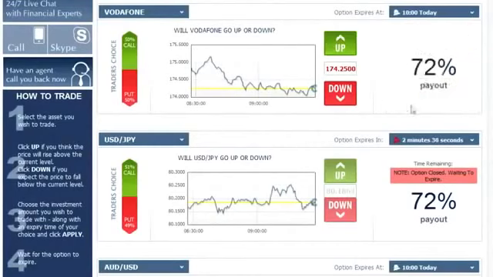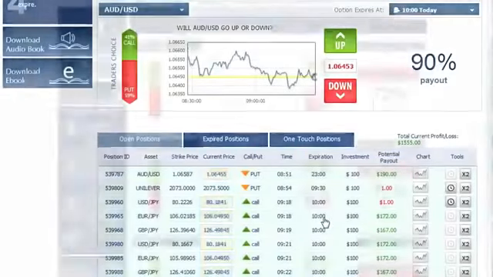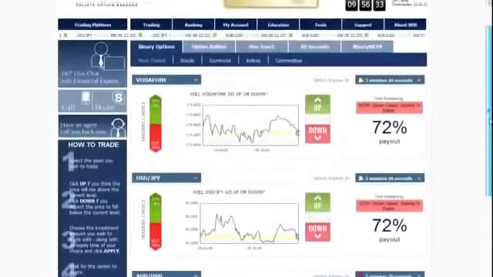So by now I've opened in total 7 positions. I followed the significant trends shown by the graphs. Right here we can see all of our open positions. We can also see that they're going to expire at 10 o'clock. So what I'm going to do now is speed up the time of the video because we can't just sit here and wait for all that time to go by. I'll now scroll up for you to see the clock running. I'll speed it up until about 3 seconds before the options expire.